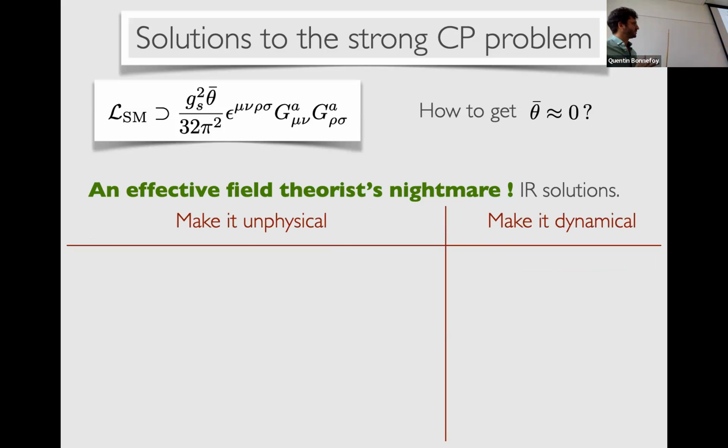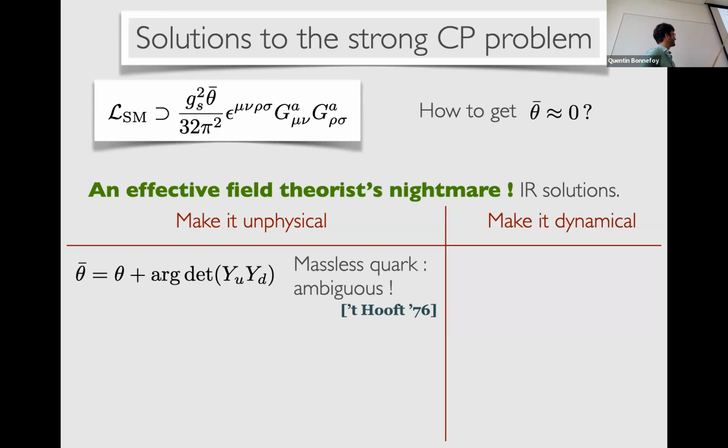And I will classify them in 2 cases, those that make the theta angle unphysical and the ones that make it dynamical. In the first case, you would rely on the fact that if one of the defining quantities in the theta angle happen to be ill-defined, the whole thing better be unphysical. And one way of doing this is if those mass matrices have a 0 eigenvalue, in which case the determinant is 0